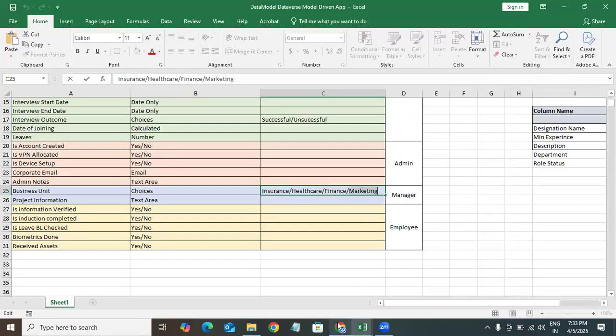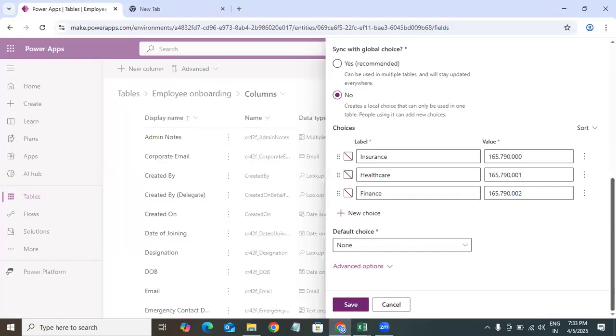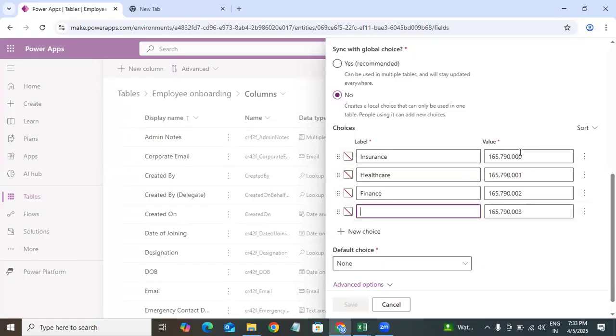What is the value associated with it? Actually, in the back end, like how we have logical names for tables, for choices this is going to act as a logical value. So, for example, wherever you are writing conditions based on these choice values, even if in future you change the name, it won't affect anything. So its representation remains the same. Once after creating it, it will be in disabled mode. Marketing, I have these choices I have created,